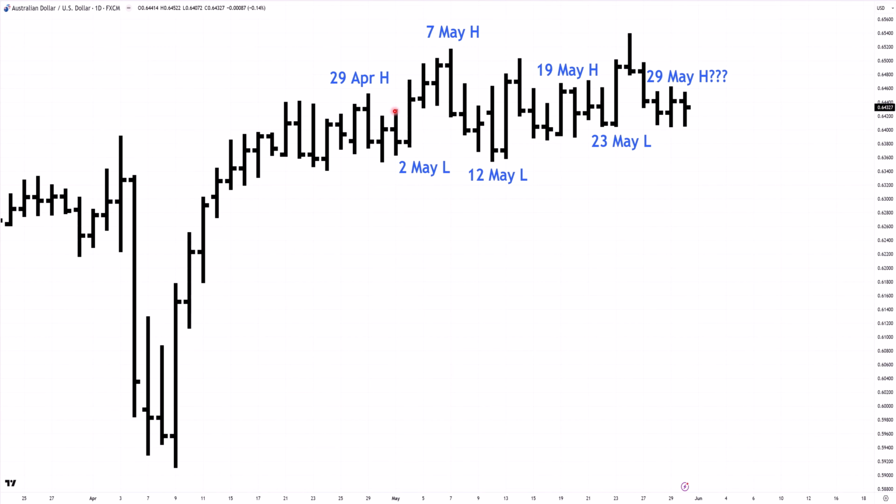Obviously, I published the forecast on the 30th of April, so the 29 April high doesn't really count as a forecast. I said in the forecast I was looking for a 2nd or 5th of May low. The date that I had was the 4th of May, which was a Sunday, so I was thinking it would be the 5th of May. It came in as a low here on the 2nd of May. Note that it wasn't the extreme low, but that's where the market kicked on from. That's where we had strong pressure going up.